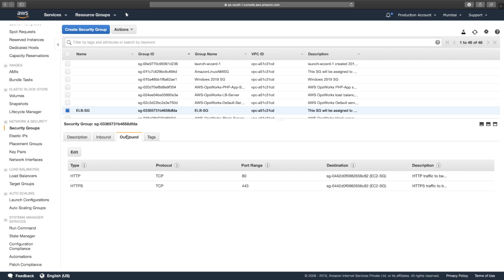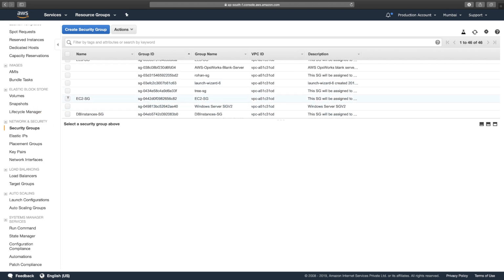Click save. Fine. If I don't assign this group, then I have to create 10 different rules. For 10 instances, I have to specify the 10 different individual private IP addresses as a destination. So this will bring down the amount of configuration that I need. Fine. Now I just go to the EC2-SG